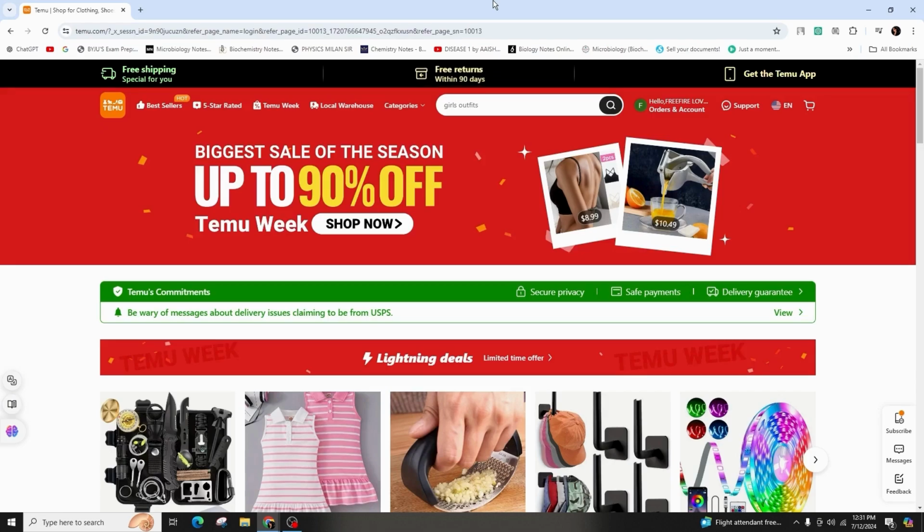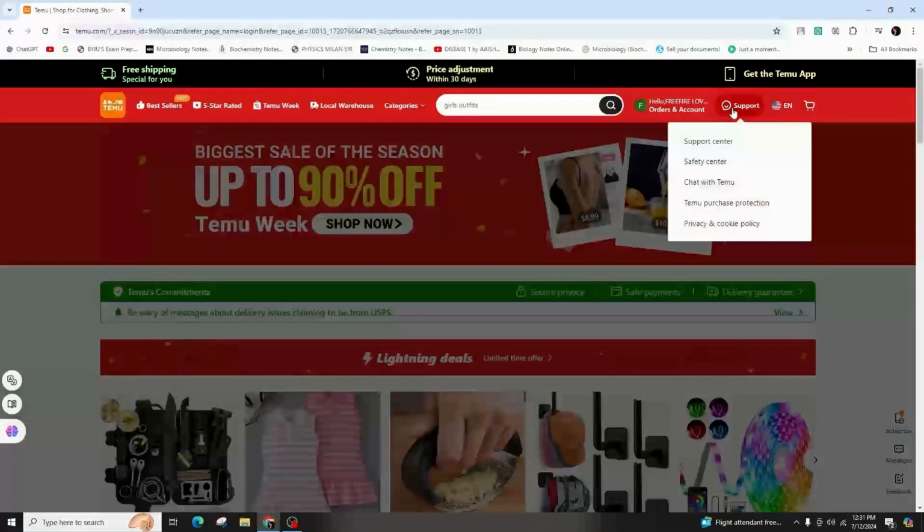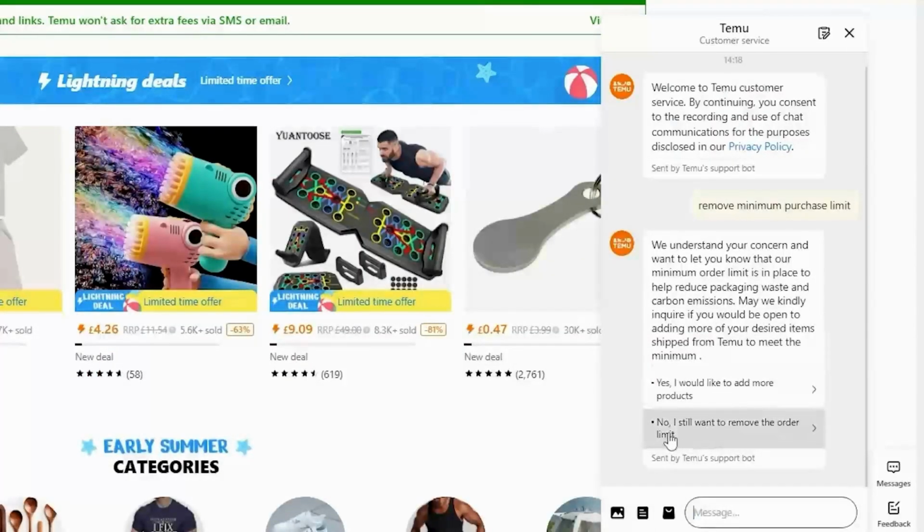So the initial step entails locating the support feature in the top right corner of the screen, just beside the language option. Following this, navigate to the Temu chat option, indicating chat with Temu. Click on it. This will activate the Temu customer service bot. Simply input the command remove minimum order requirement or remove Temu purchase limit, and the response will acknowledge your query